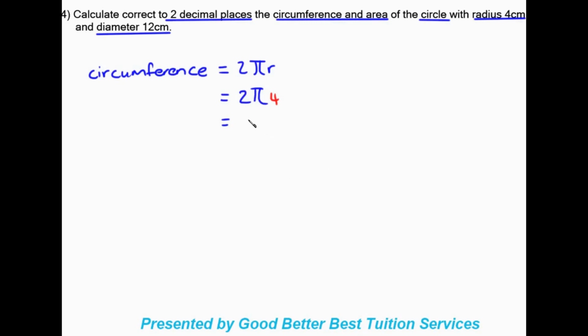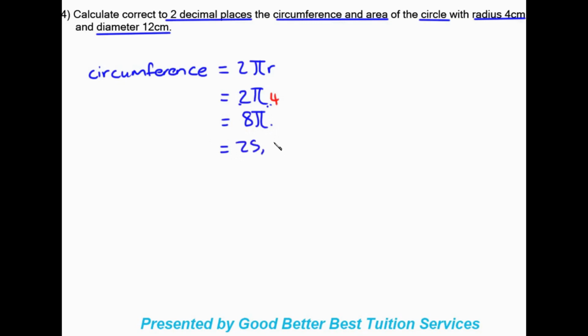You'd end up getting a final answer of, okay, wait, so we don't really need to use a calculator, because if you aren't allowed to use a calculator, what you can do is say 2 times 4, right? So if you say 2 times 4, you'll be left with 8 pi, which you can have as a final answer, okay? If you weren't allowed to use a calculator. If you were allowed to use a calculator, you'd get